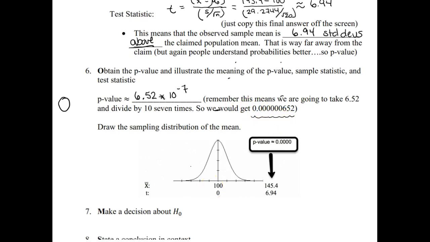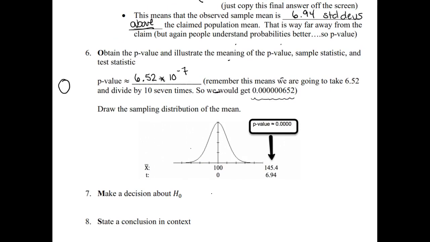As we draw a picture to help all these numbers make sense, again, we're dealing with the distribution of X bar. It has a t distribution, and we're using t-scores. So it's still a bell-shaped curve. We're going to put the claimed value in the center. They claim mu is 100, so we would expect to see a value of X bar near 100. The t-score at center would be 0. What we actually observed in the data set, though, was 145.4, a lot bigger than 100, and the corresponding t-score was 6.94. It's a right-tail test, so the area in the right tail, which we can't even see because it's so tiny, rounded to 4 decimal places, is about 0.